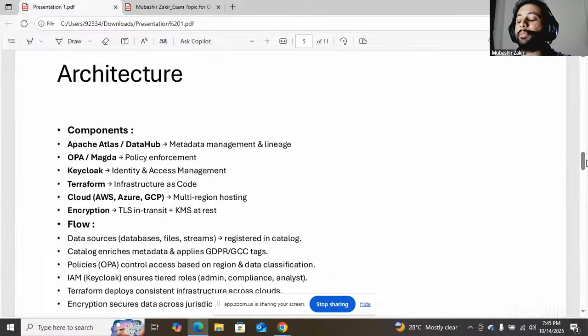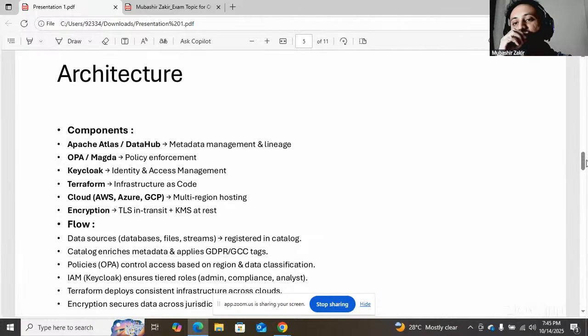So, what is our main architecture? In the main architecture of our data governance solution, we have some main components. For that we have Apache Atlas and Data Hub for metadata management and lineage, OPA and Magda for policy enforcement, Keycloak, that is a very important tool for identity and access management.